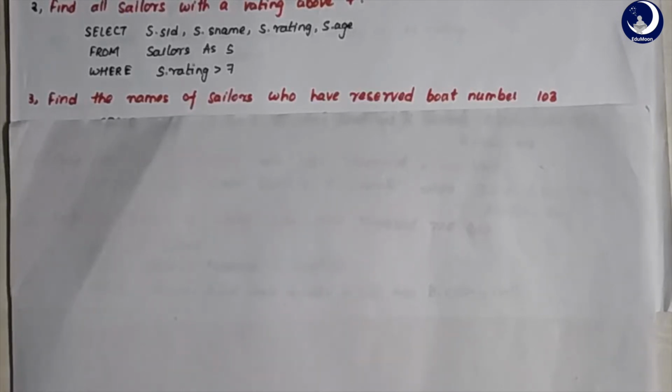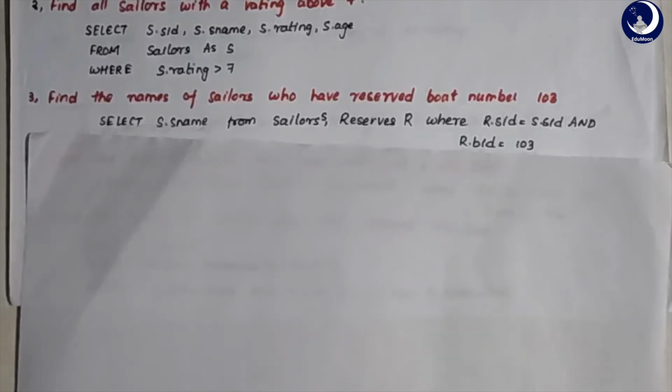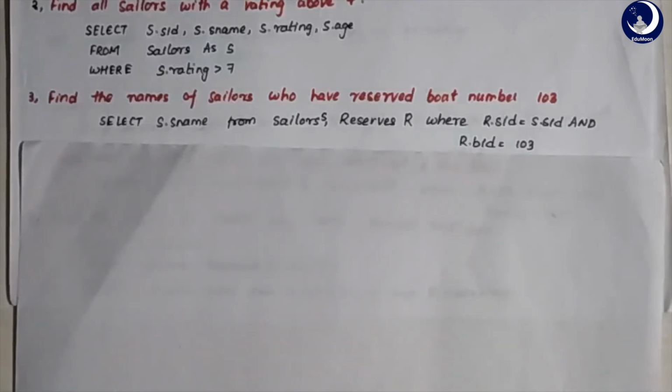Then in the select list we will select the names of the sailors, and we will combine the two tables with cross product by equating the unique IDs in both of them, and then we will have the qualifying condition where boat ID is equal to 1 or 3. Okay, the answer: select s dot sname from sailors s, reserves r, where r dot sid is equal to s dot sid, which is generally used for performing the cross product, and r dot bid is equal to 1 or 3, which is a qualifying condition. Right? This is how you write a query for the result you want.